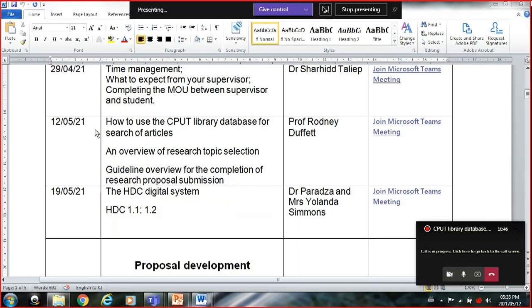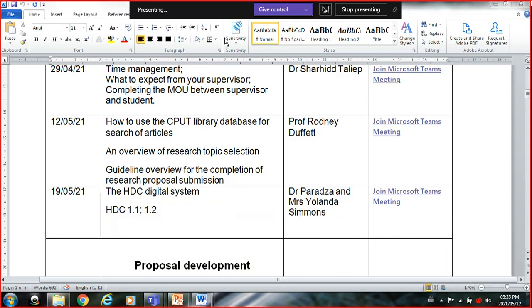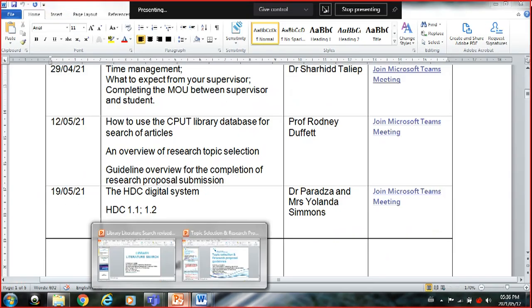The session that I'm conducting today is how to use the CPUT Library Database to search for articles, an overview of the research topic selection, which is combined with the guideline overview for the completion of the research proposal submission. I'm Prof. Rodney Duffett from the marketing department, and let's go into the first